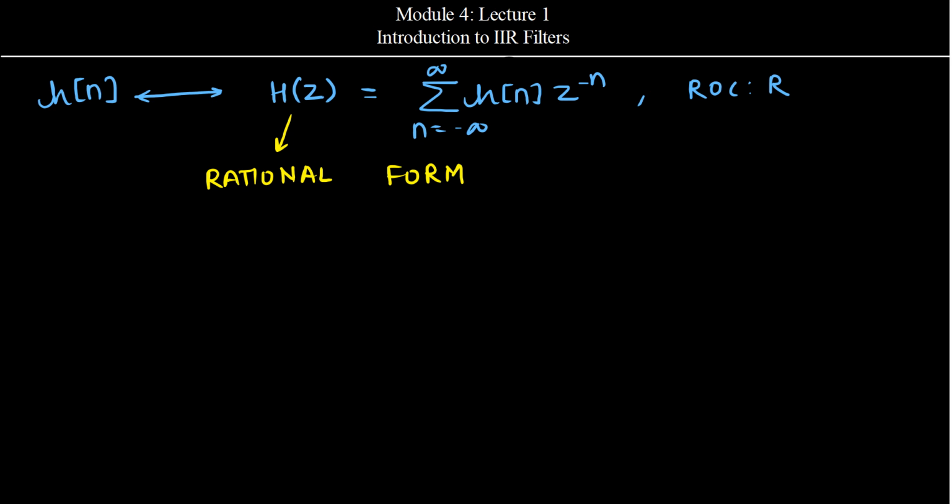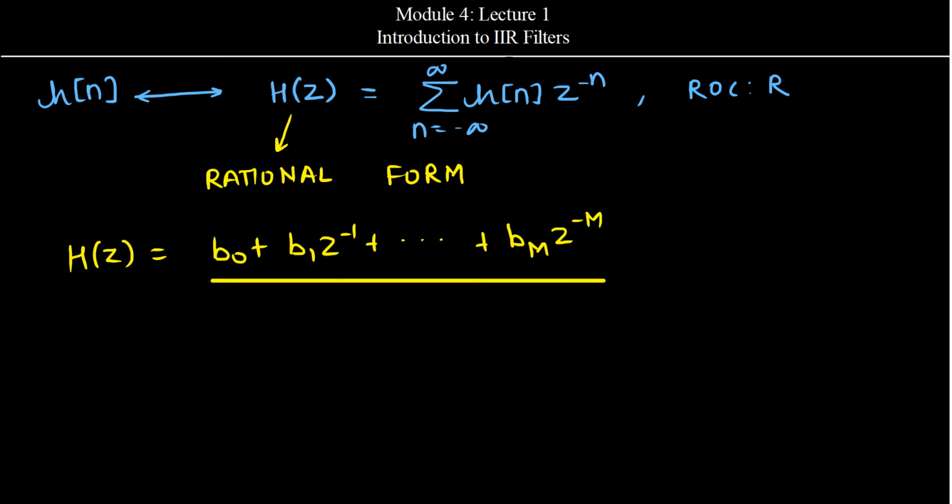And this rational form is given as h of z is equal to b0 plus b1 z inverse and so on up to bm into z to the power minus m whole divided by a0 plus a1 z inverse and so on up to an into z to the power minus n,